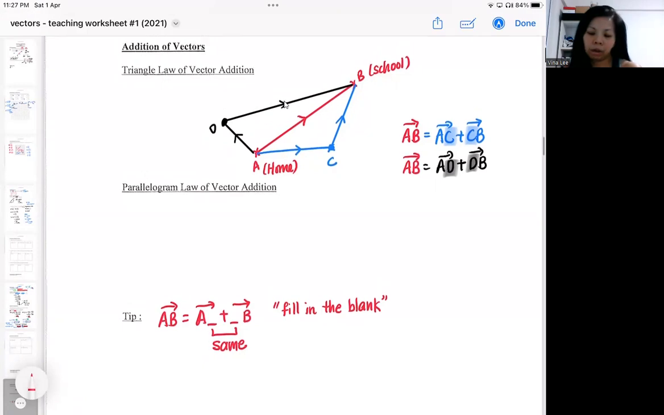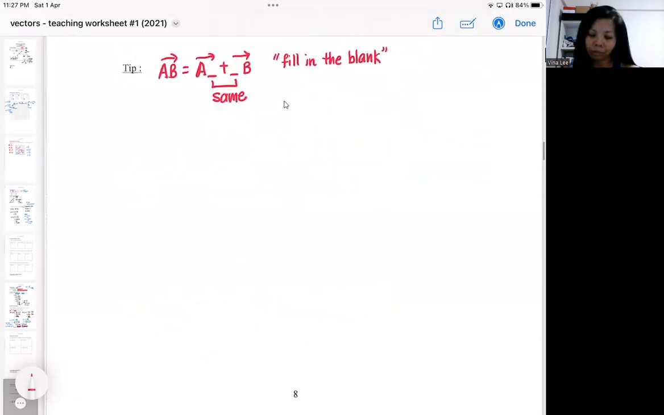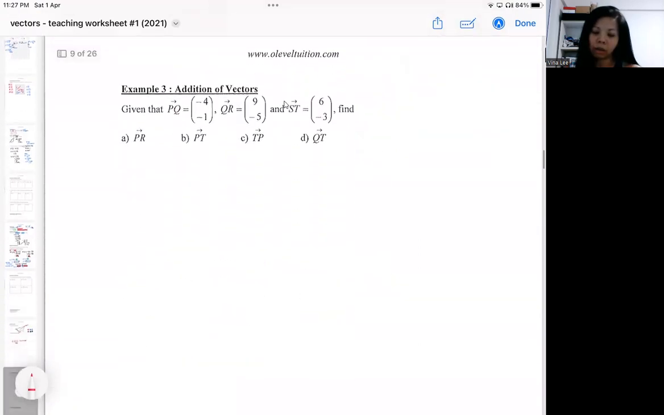Okay, so I think usually between the position vector manner and the fill in the blank method, most students can adapt easily to the fill in the blank. So it's something like you make sure that the two blanks are the same, then you can successfully add them up. So I will show you a numerical example to illustrate the addition and the fill in the blank. Okay, so in example 3,